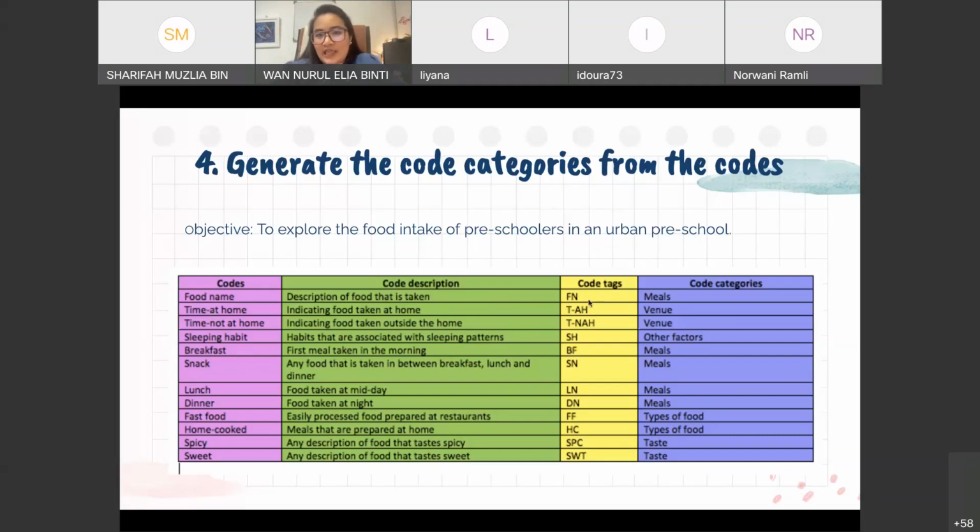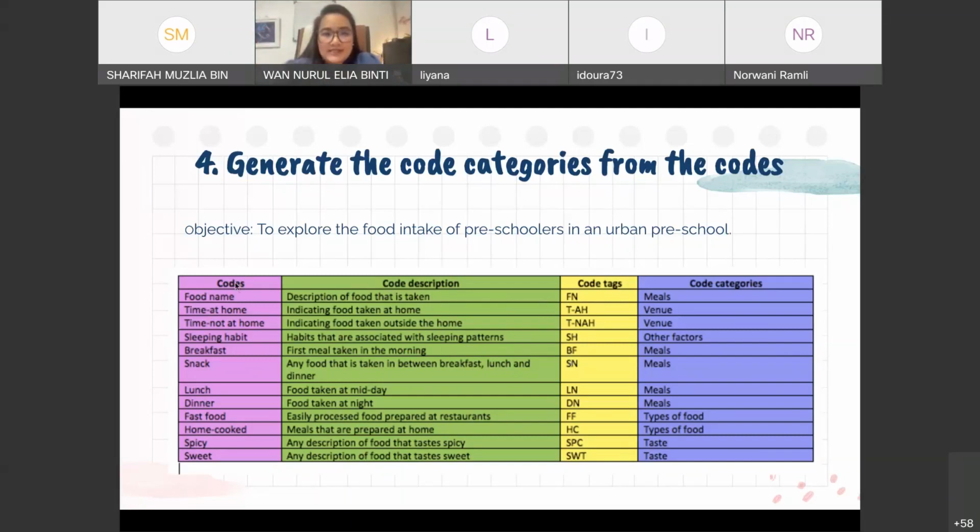Time at home, TAH. Time not at home, TNAH. So it's faster, and you don't have to spell every single thing one by one. But of course, if you do it using software, when you type FN, it will come up and you can just pick and choose from all the choices there. So you don't have to rely on memory.